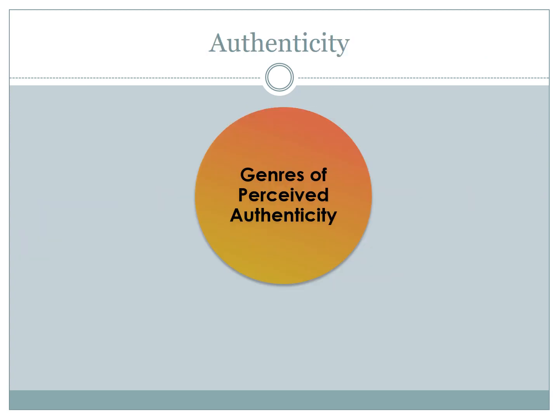And let's talk a little bit about authenticity, especially when you're apologizing like we just mentioned. There are genres of perceived authenticity. So we're going to talk a little bit about the different types here. There are 5 general genres of perceived authenticity. Businesses should be more successful if they incorporate authenticity into their planning. Right? And you can tell when somebody's not being authentic with you, and it oftentimes leaves a bad taste in your mouth. So as a business, it's something you should strive for.